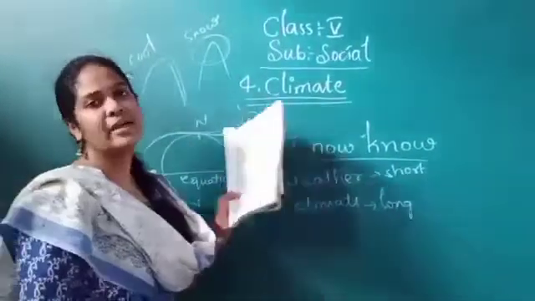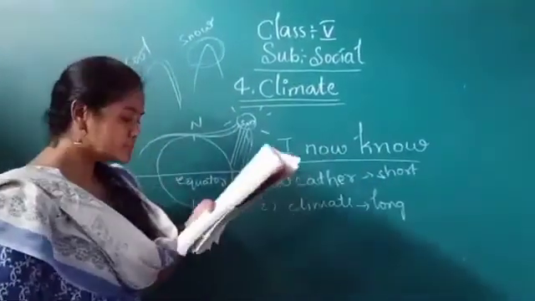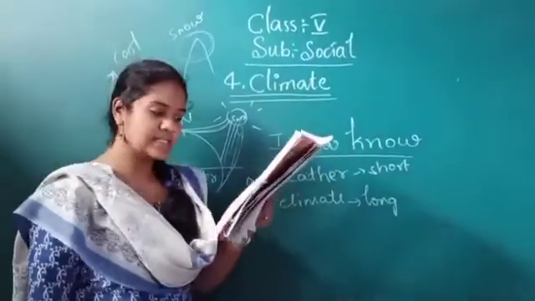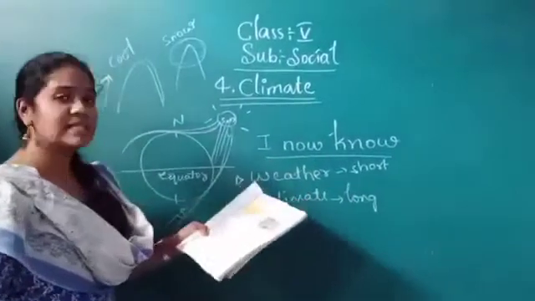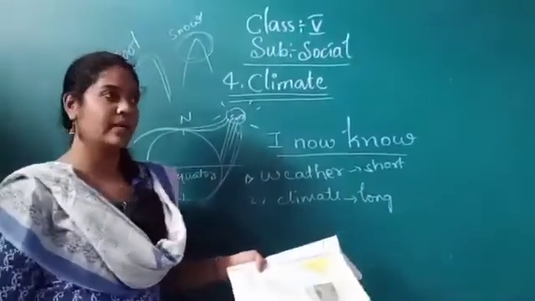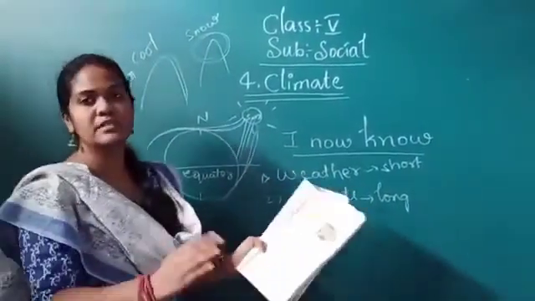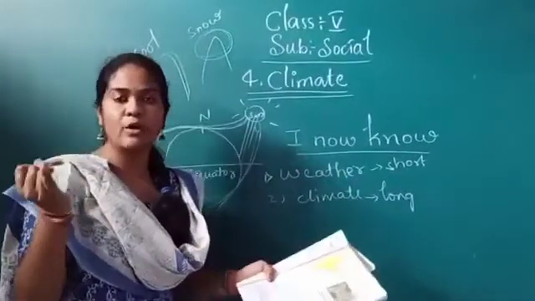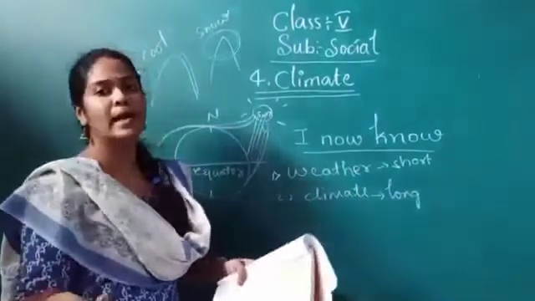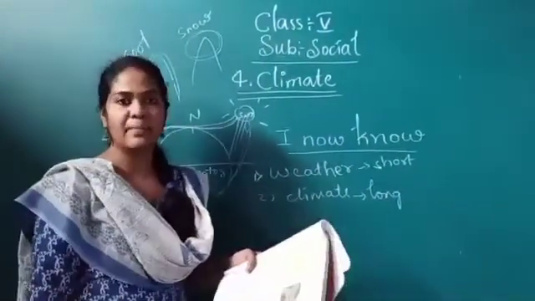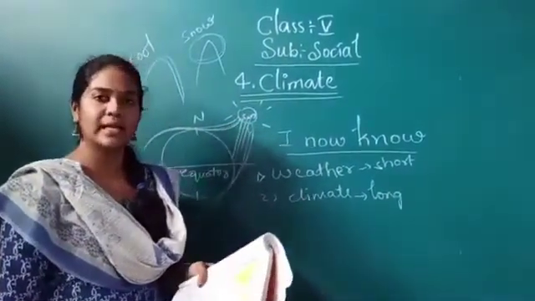Okay, this also affects the climate. Next, places near the sea coast have a moderate climate. The places that are nearer to the sea coast, beta, means where there is sea, like the Bay of Bengal or the Indian Sea or Arabian Sea. For example, Mumbai, we have the Arabian Sea, so they have a moderate climate, beta.